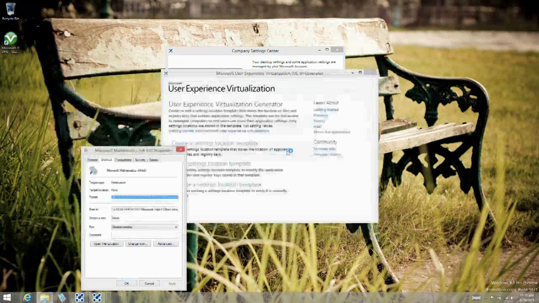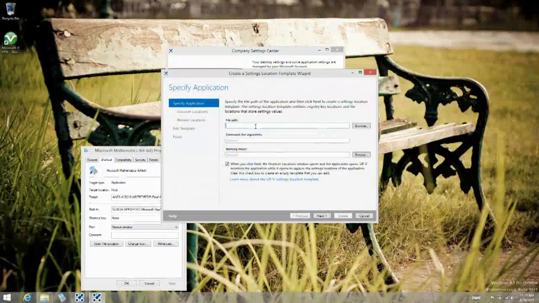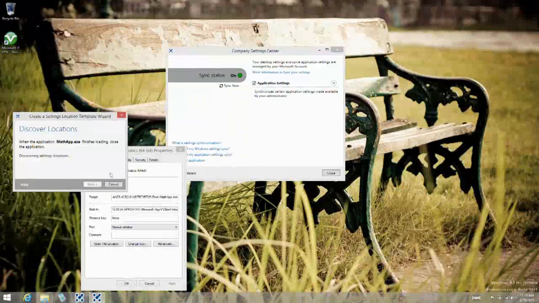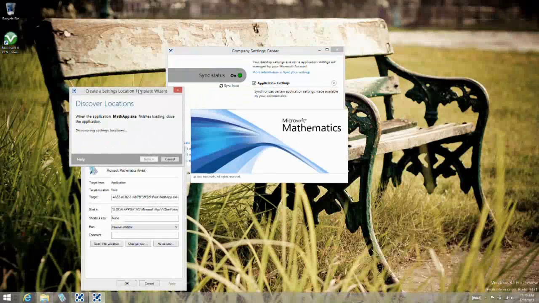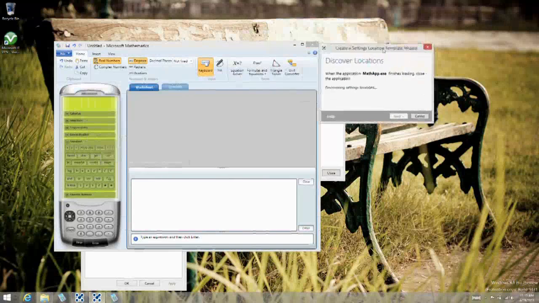So with the UEV agent, if you need to create a locations template, you copy that path in and make sure that you have that path specified. What happens is when you click the option, it will monitor what that application is doing, just like it would when you're sequencing an application, and capture any settings that are relevant to that application.